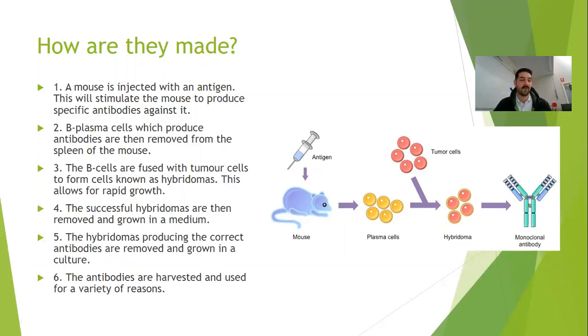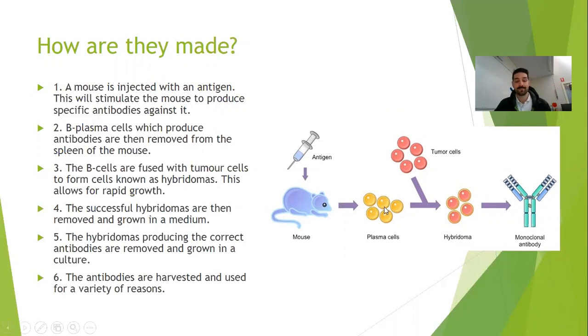And so we've taken out the B plasma cells and we combine them with tumor cells. And the reason why we combine them with tumor cells is that tumor cells can rapidly grow. They've got an ability to replicate really, really fast, whereas plasma cells by themselves don't have that ability. And so when they fuse together and they successfully fuse, they're known as hybridomas or hybrids. And so they've got sort of the best of both worlds. They've got the ability to rapidly divide from the tumor cell, and